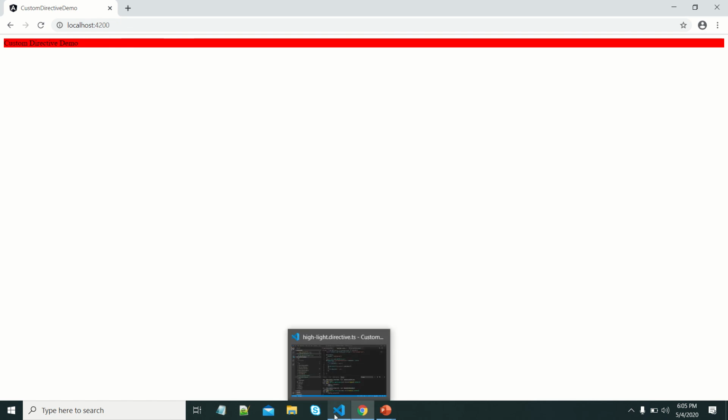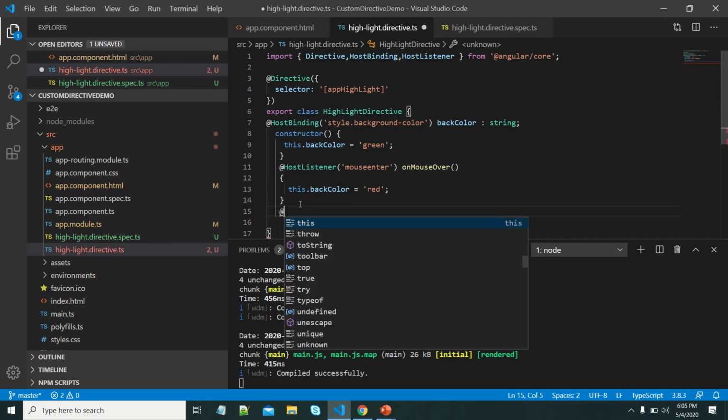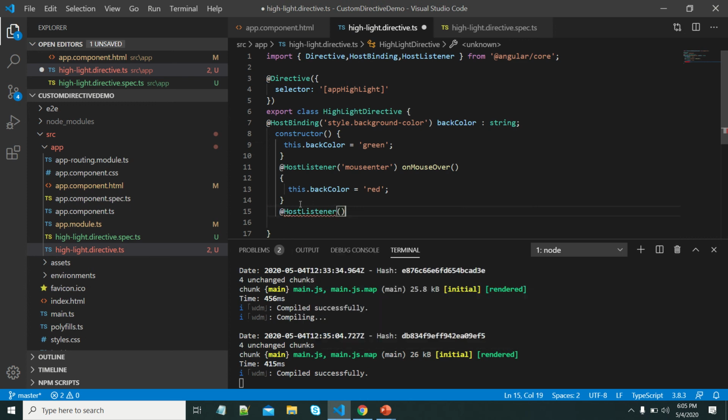Right now, let me write one more HostListener where it will handle the mouse leave event. This is the handler method.